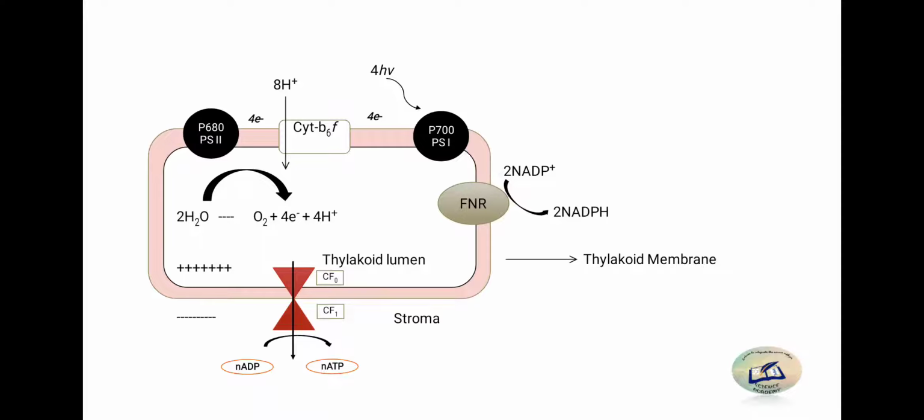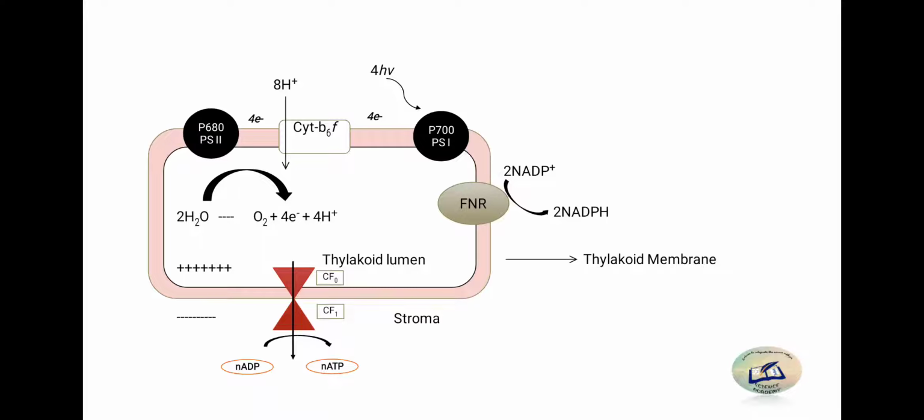Now the protons which are present in the stroma, like H plus protons, the cytochrome accepts H plus protons in pairs. While I am telling you in a simplified form, 2 H plus protons are accepted by the cytochrome complex, which is multiplied 4 times here as 8 H plus. Like the cycle goes on 4 times to yield 8 H plus.